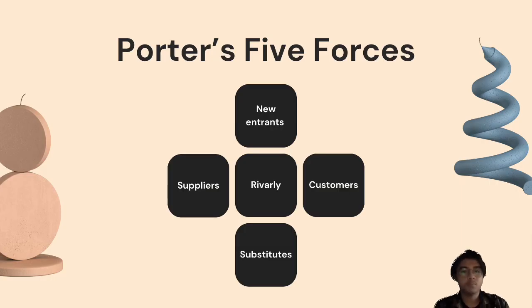First is Porter's Five Forces. In his book Competitive Strategy, Michael Porter outlines five forces that drive industry competition: the relative bargaining power of buyers, the relative bargaining power of suppliers, the threat of new entrants, the threat of substitute products, and the degree of rivalry among existing firms in the industry. The relative strength of these forces can indicate the attractiveness of an industry to a particular player and suggest where they might want to compete.